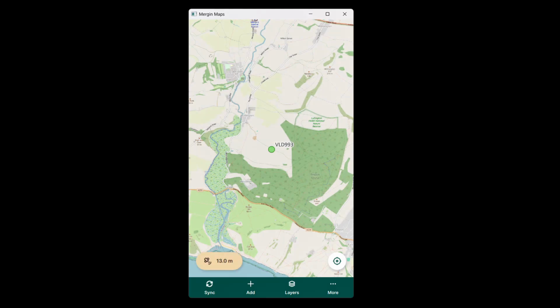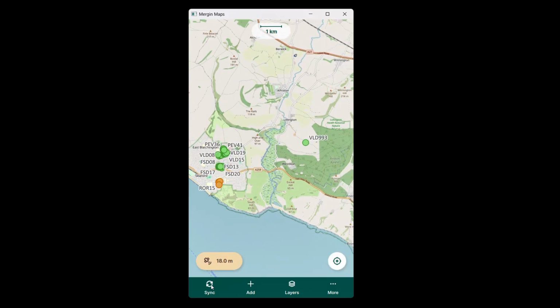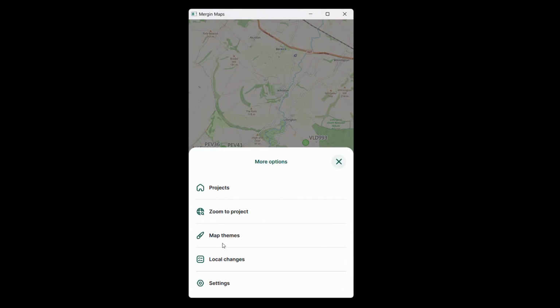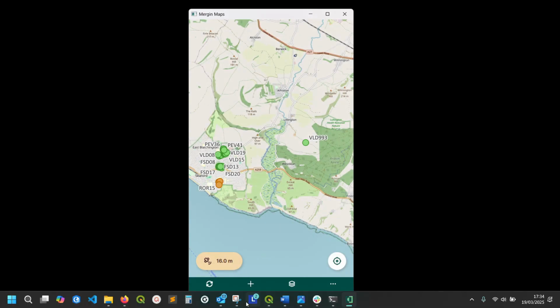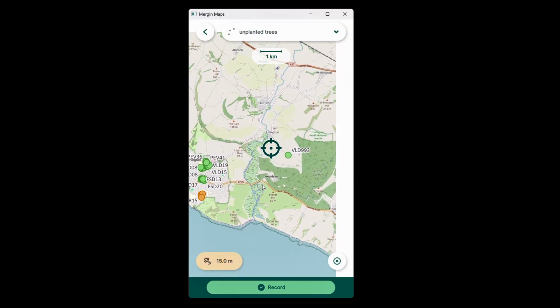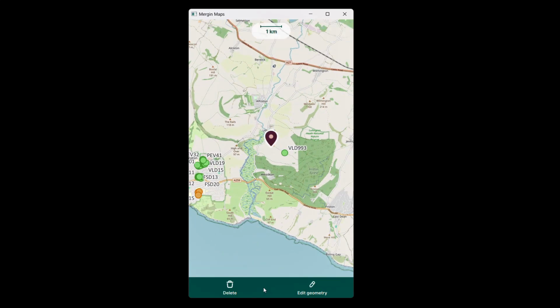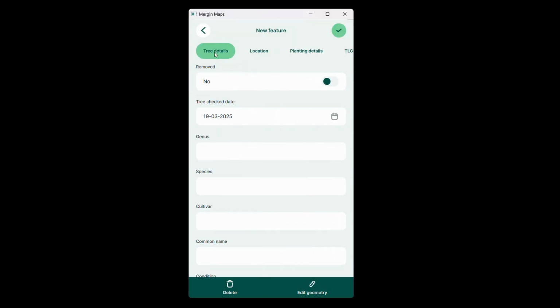The final section of this, once we've synchronized our project, is again to use the Merging Maps mobile app and make sure that our data is successfully synchronized. And we must make sure, if I go down to More in the bottom right hand corner, that my map theme is set to Unplanted Trees. And then if I would like to add one of these trees, I can just choose the location for where the tree should be, press record, make sure that I get into tree details